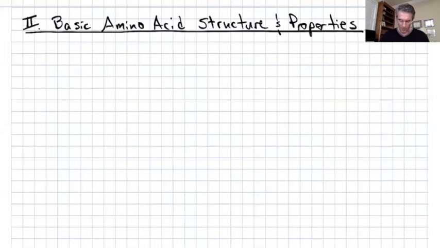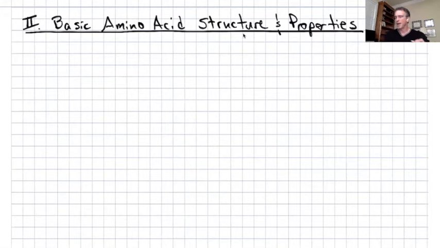All right, guys. So let's talk a little bit about the amino acids that compose the vast majority of the proteins that we're going to be interested in as we think about biochemistry. Now, hopefully, this is mostly going to be review for you guys, that you'll have seen a lot of this before, but you really do need to learn. And when I say learn in this context, I mean basically memorize these structures and properties of the key 20